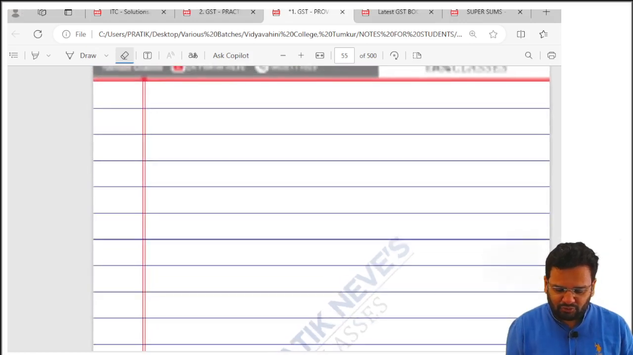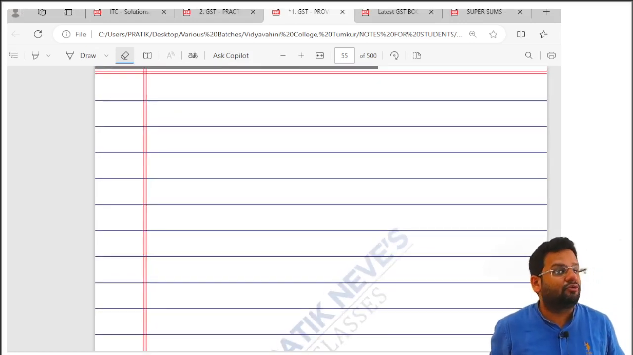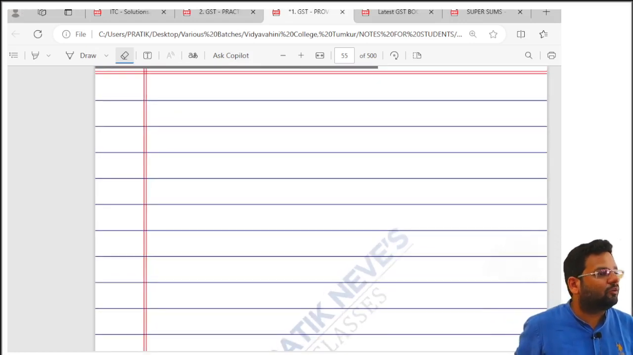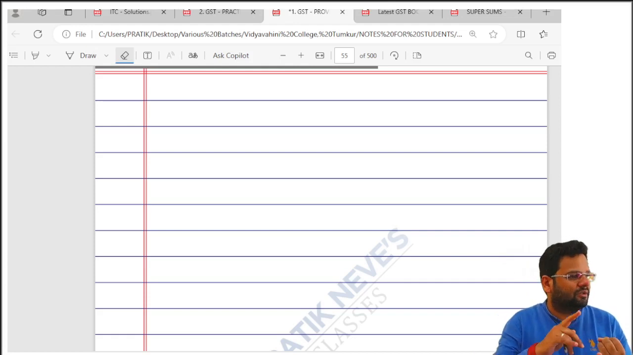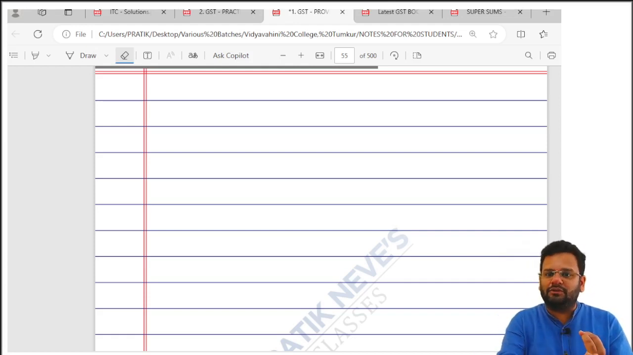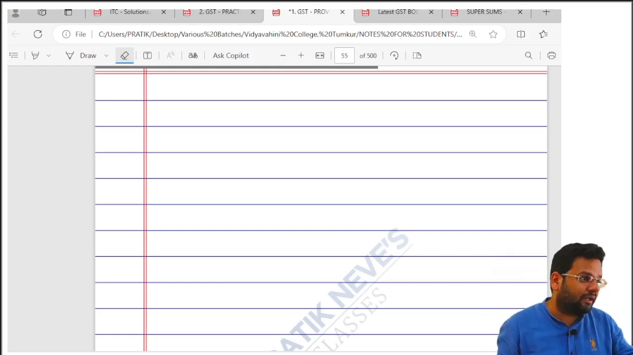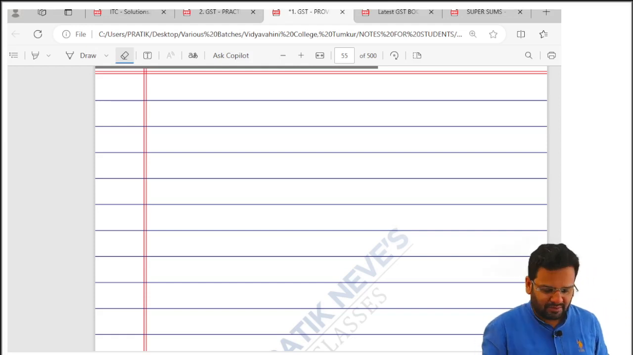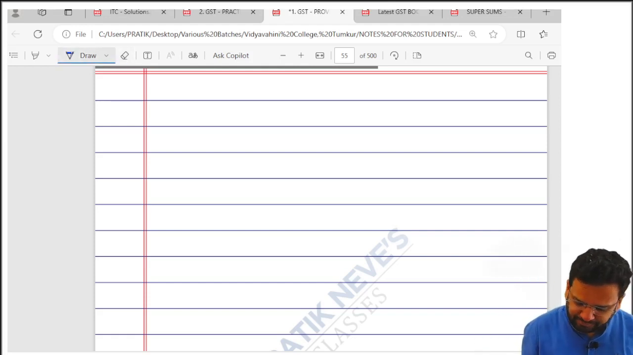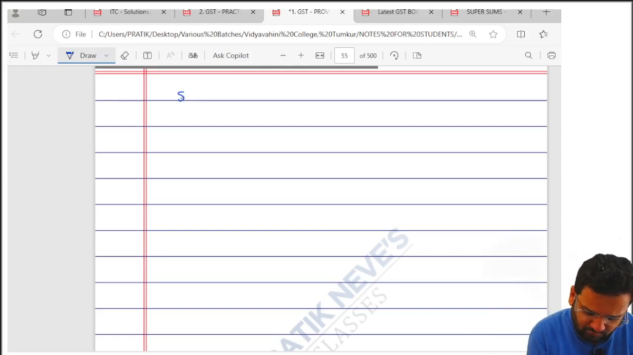So where do we use ITC? We use ITC only and only to pay output tax. Okay, not for anything else. Means we don't use it for interest, we don't use it for paying penalty, late fees, or anything else. We are using ITC only to pay output tax. That's it. Okay. So section 49,